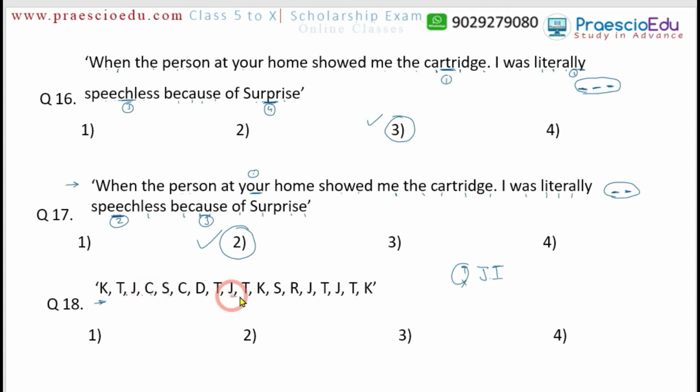The J and T here, but which is preceded by the T. So this condition cannot be. What is our condition? The J will be followed by the letter T, but not preceded by the T. So except this T, another letter should be there. In this one, the T is at the preceding position, so it should not be.